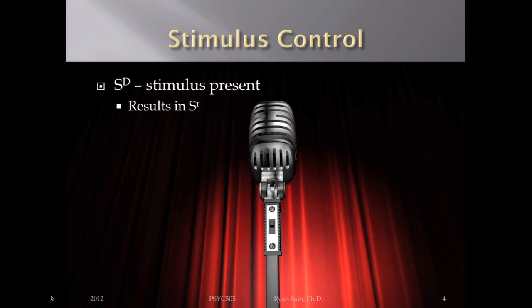Even today, when I'm around my grandparents in their 90s, I don't swear around my grandparents. I swear around you guys. I swear around my friends. I swear in other places, but I don't swear around my grandparents. Why? Stimulus control. I'm never going to earn a reinforcer for swearing in front of my grandparents. They'll get pissed. In fact, I'll get punished for it.